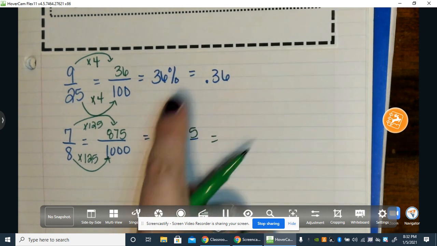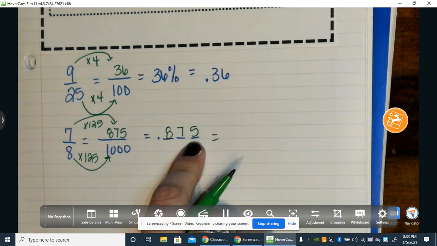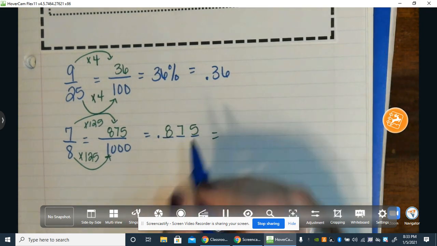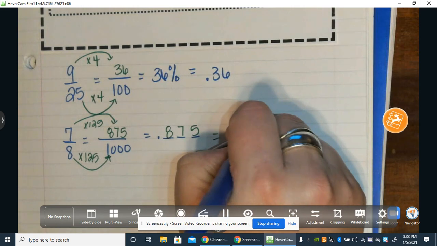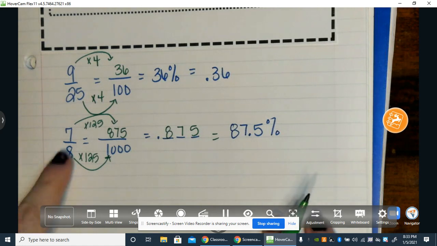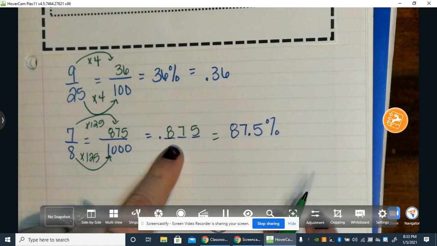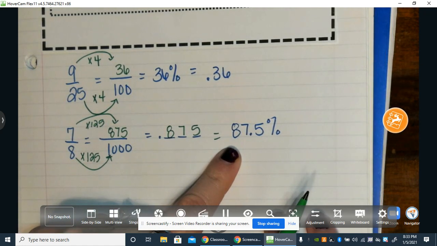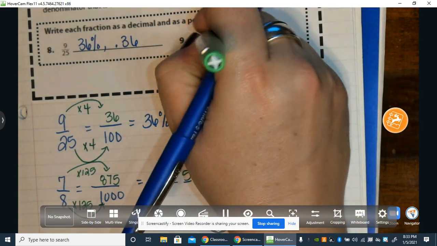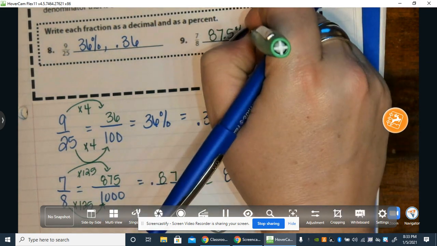0.875. Now, to go to a percent, I need to move this decimal 2 times. Just because there's 3 numbers, don't get ahead of yourself and go, I'm going to move it 3. Move it 2. It's always move 2. So I move 1, 2. So then I get 87.5%. Okay, so what's equivalent to 7 eighths is 875 thousandths. There's my decimal, and my percent would be 87.5%. So that is 7 eighths, 87.5% and